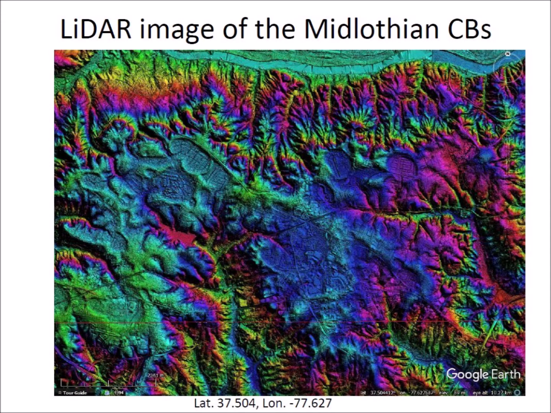This LiDAR image shows the Carolina bays on the upland gravels south of the James River. The color gradient indicates the elevation. The upland gravels around Midlothian are isolated and have been truncated by erosion on all sides. They are completely surrounded by exposures of much older rocks that lack a gravel cover. The gravels range in thickness from a feather edge to more than 40 feet. The average thickness is approximately 20 feet.